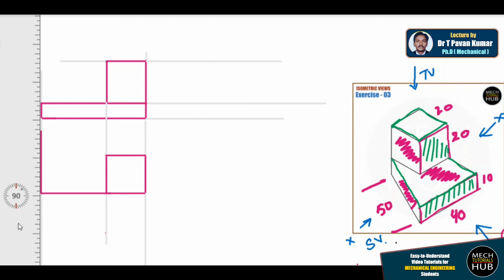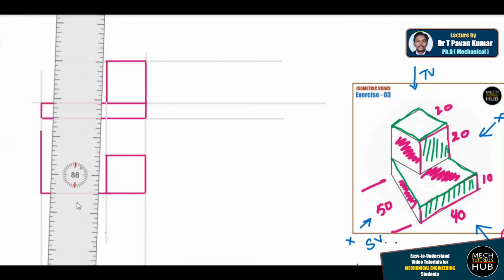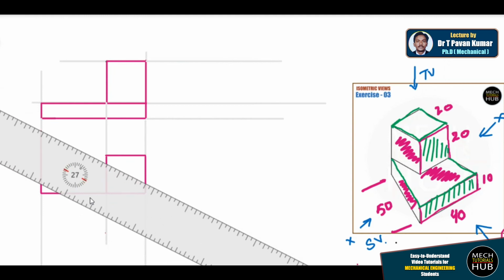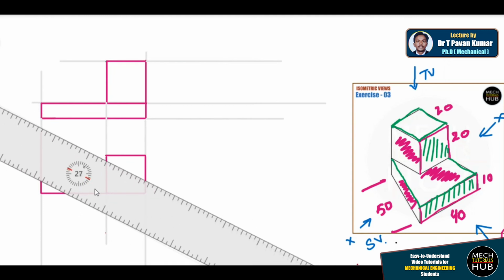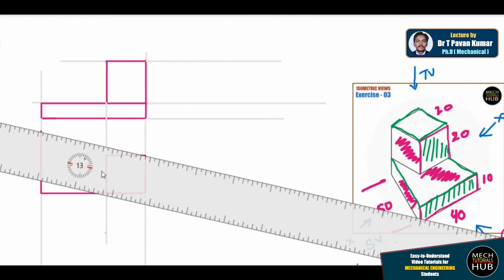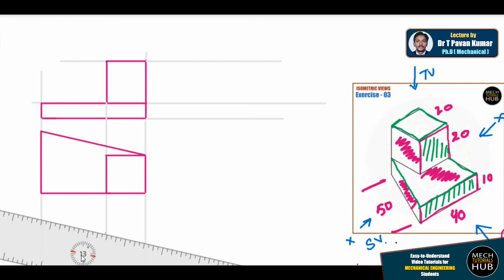So here we need to place the scale in such a way that it is in contact or in alignment with both the vertices, this vertex as well as the next. You have to place your scale in this way, and drop a line from here to that particular intersection. This is how the top view looks with all the dimensions.